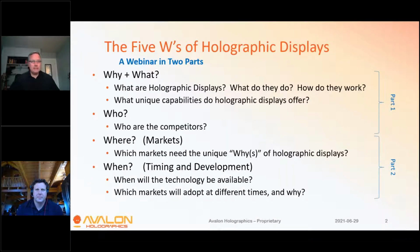As Chris mentioned, we did structure this as a webinar in 2 parts. So I'm going to briefly review what we went through last time, since a few weeks have gone by, and I want to make sure it's fresh in people's memories, because it does affect the 2 new topics, which are the where and the when, which specifically relate to markets and timing. Just as a brief summary,